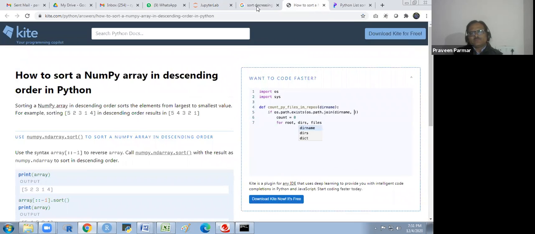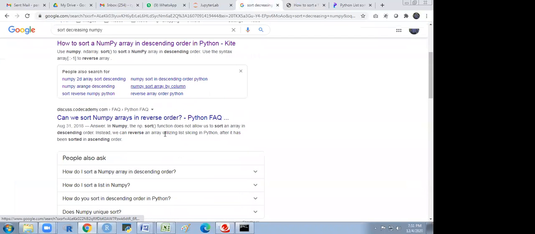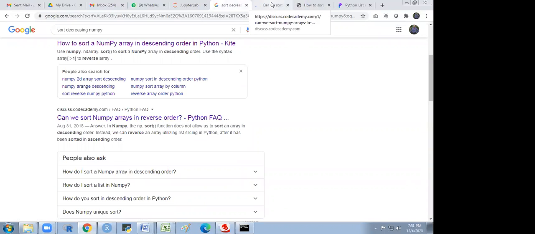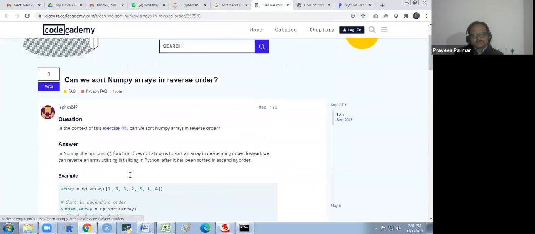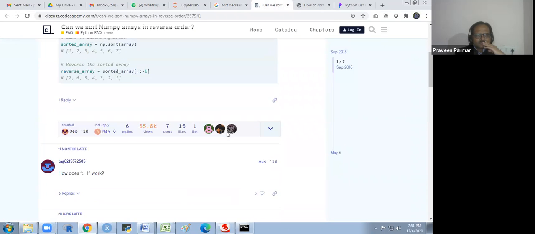There may be some other way also, but it is one of them. Double colon may be row and column, I mean, it indicates row and column. No, I will see what the double colon is indicating. Reverse the sorted array. The same they are using.